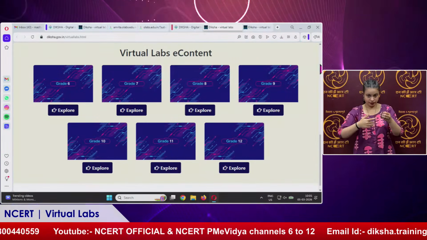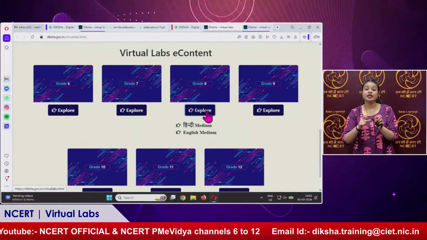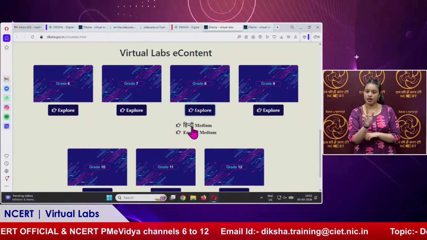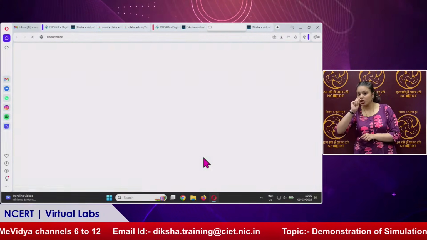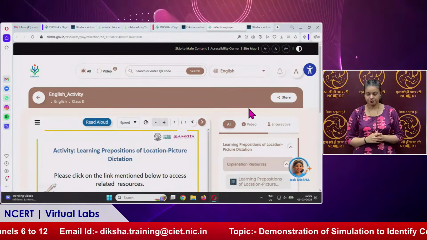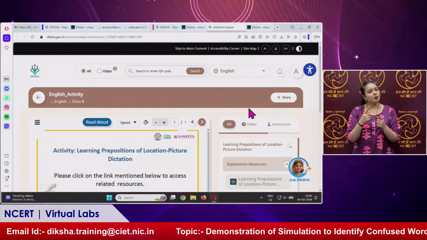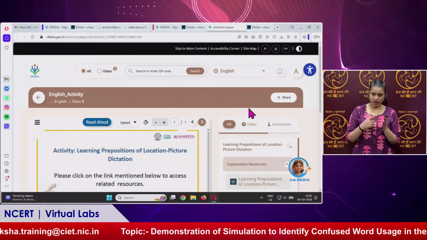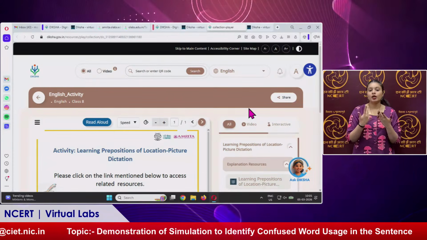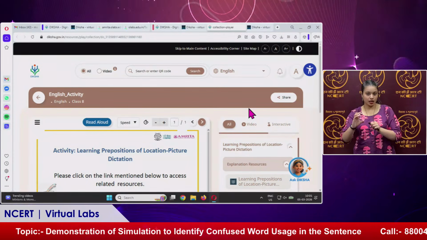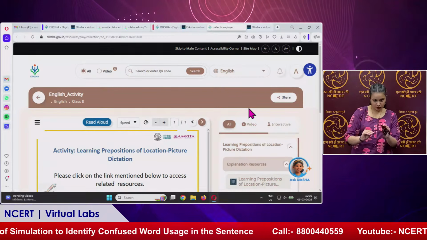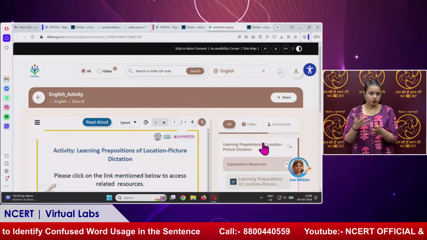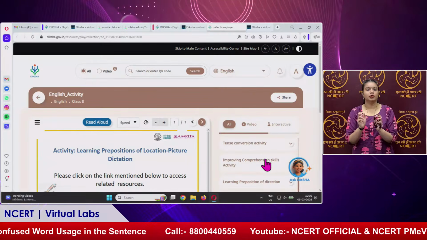and here we have grade wise. Okay. So today we are going to do grade 8. You will get Hindi medium and English medium. Obviously it will be English medium for English, and then we click English. We are already signed in, but you may be asked to sign in, so you can sign in with your Google account or open a new account and work with that. You may be asked to fill certain things, your details as a student or a teacher or as a learner. Alright, so here we go,